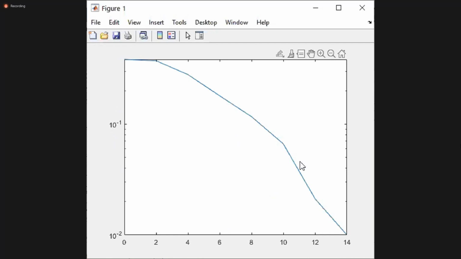The curve is not smooth because I've considered only 15 errors. Generally SCMA takes time in simulation, so I'm just considering 0 to 14 dB and 15 errors. That's why the curve is not smooth. Again, as SNR increases, SER improves and goes down. This is the way the SCMA system works.